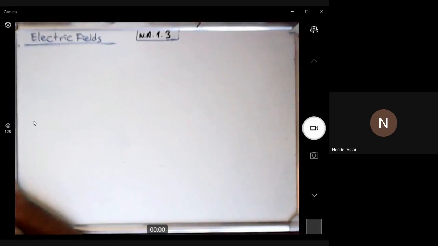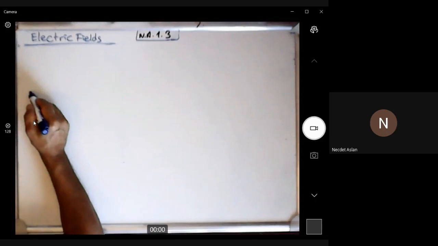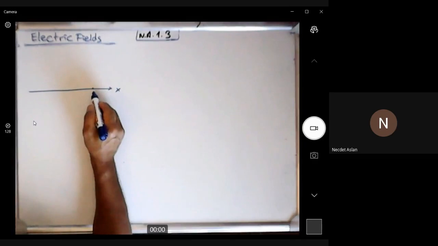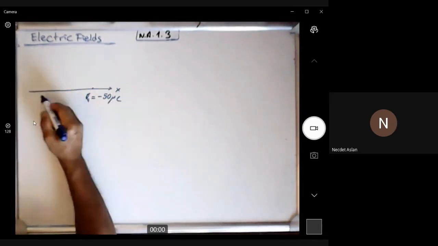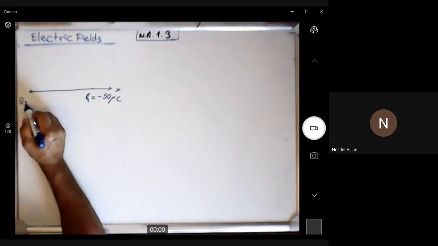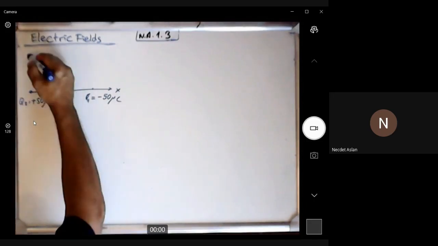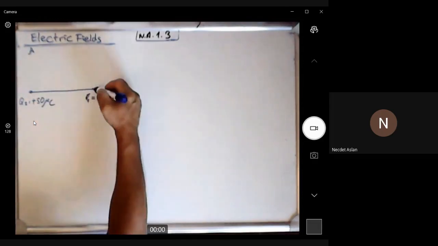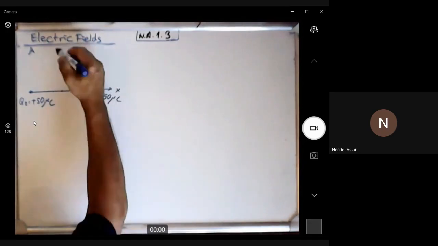Hi everybody. Today we will solve an electric field example. In this example we have two charges located on the x-axis. Q1 is minus 50 microcoulomb, Q2 is here plus 50 microcoulomb, and we are supposed to find the electric field here at point A and the electric field right above the center,